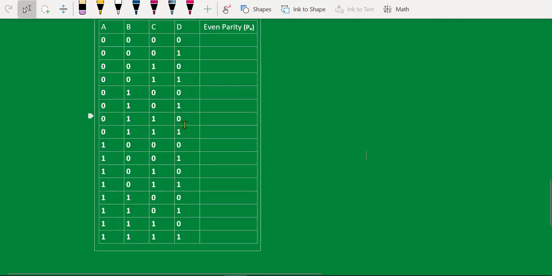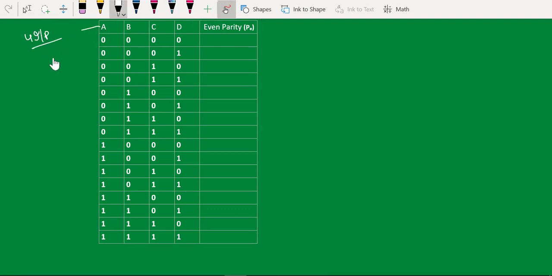Now we have taken your 4 input bits here. These are your 4 input data bits A, B, C, D, and I have considered all possible combinations of your data, right from 0, 0 to all ones. Now I am going to define my even parity depending upon the number of ones available in this particular code word. So in this case it will be 0, then it will be 1 because one 1 is there, so I have to make it 1. Then again 1, 0, because all have an even number of ones. This again 1 because it has an odd number of ones.